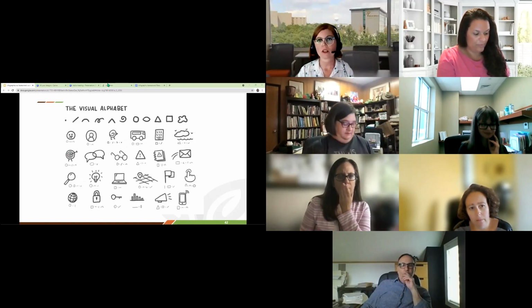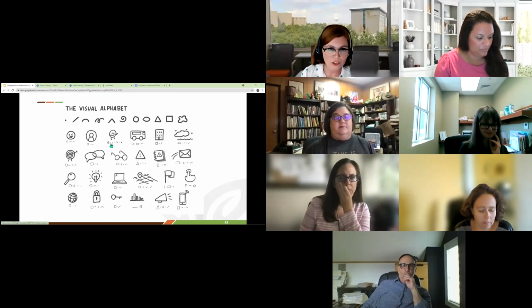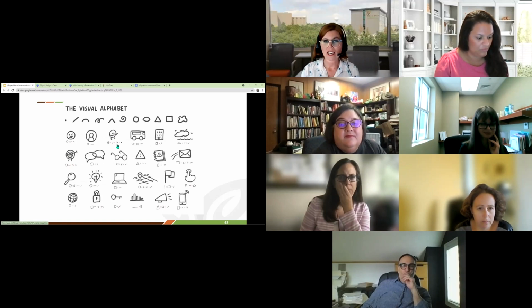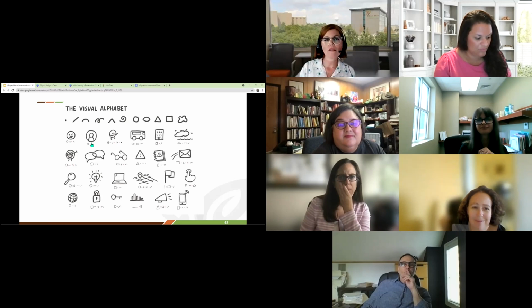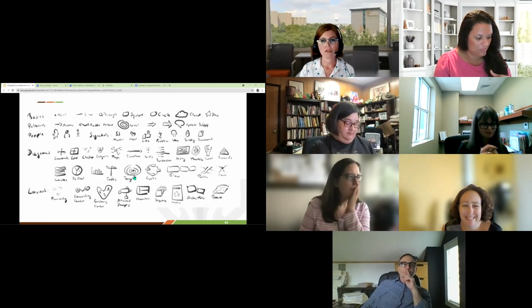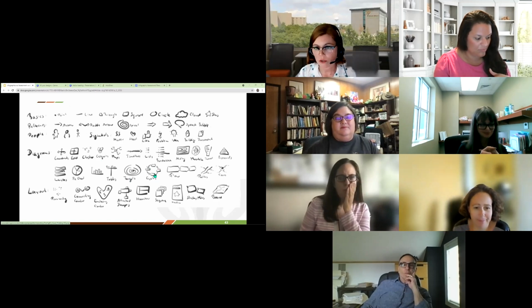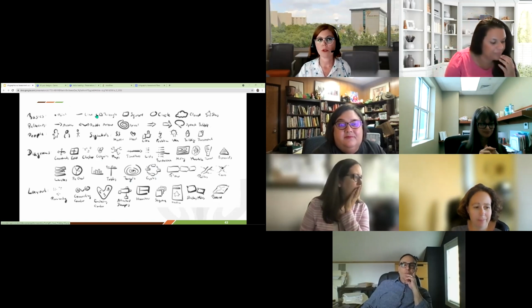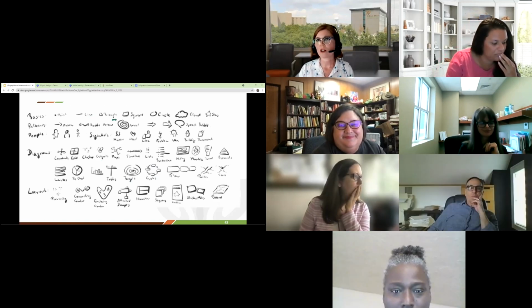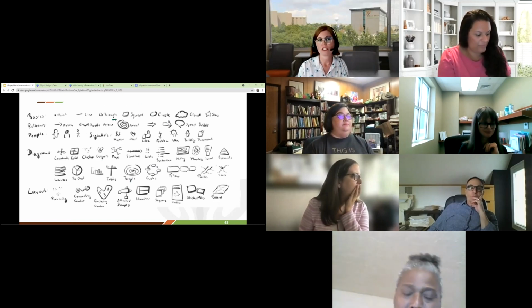For example, and this is also in your one-pager, this little chickie here is made up of a spiral, a line, an arrow, and a dot. Okay, and then we can get more infographic-y with it. If you want to show cycles, you just need rectangles and arrows. If you want to show flow. So all of these are made up of these simple, I don't know what they're called, but kind of like letters in the visual alphabet. And you don't have to teach with the visual alphabet. It's just another tool to have in your back pocket.